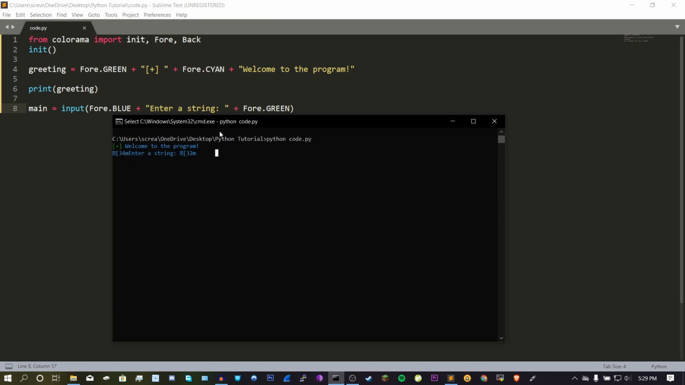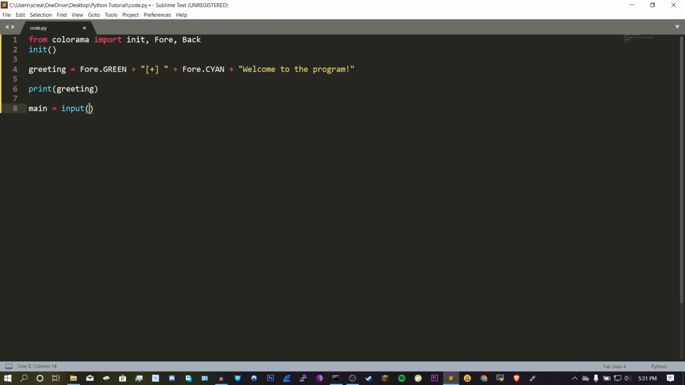Some weird things happen. Okay, so to stop these weird things from happening, what we're going to do is print Fore.GREEN or blue plus enter a string, plus Fore.GREEN to make the user's entry green. And we will set the end equal to an empty string. So basically this means that